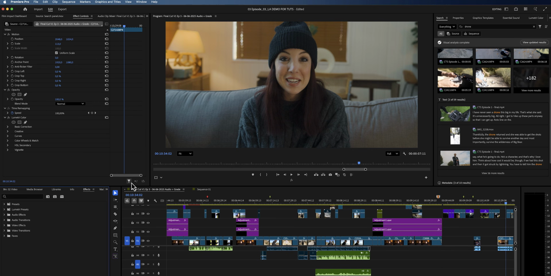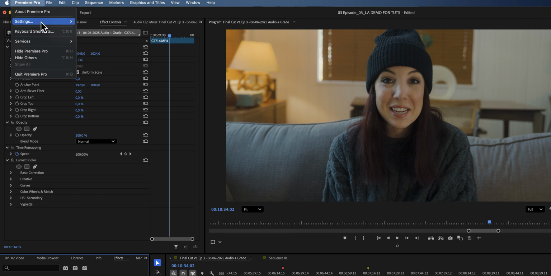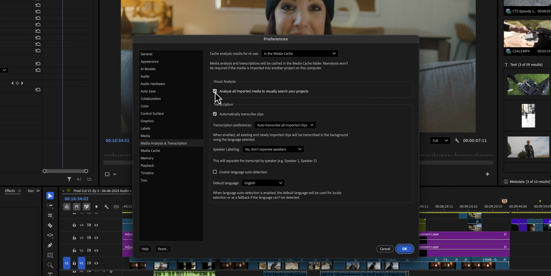Now you can check if you have this enabled in the same menu as before. Go to settings, media analysis and transcription, and then tick the box in front of analyze all imported media to visually search your projects. If you found these AI tools helpful, wait till you see what else Premiere can do,